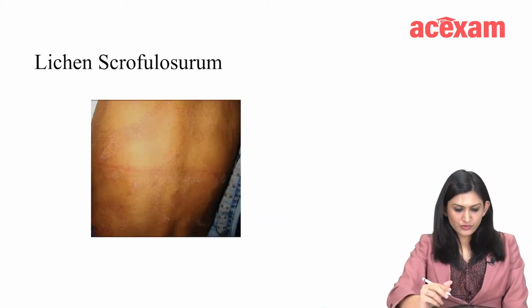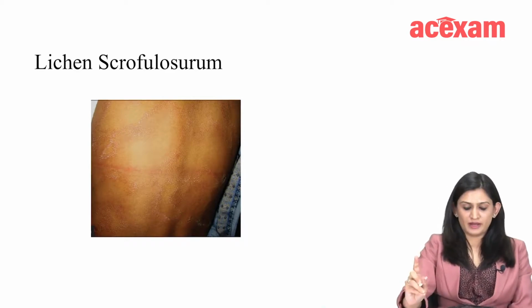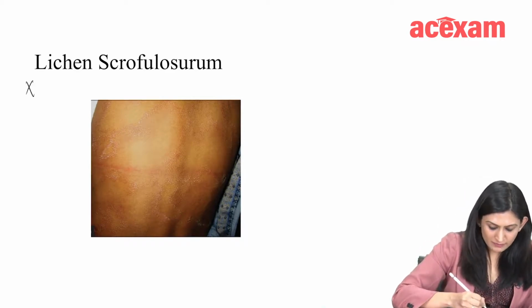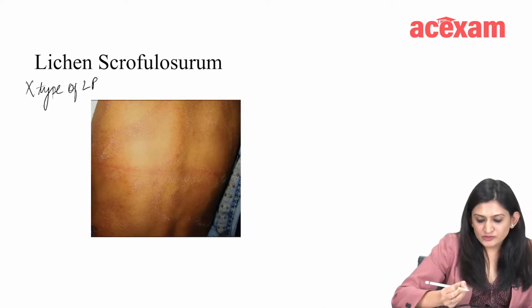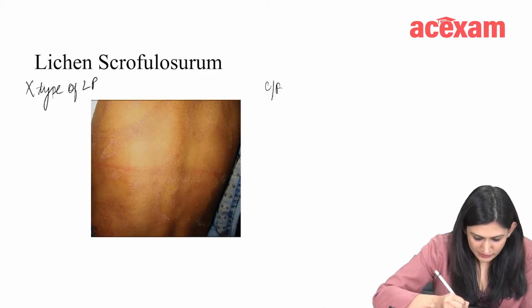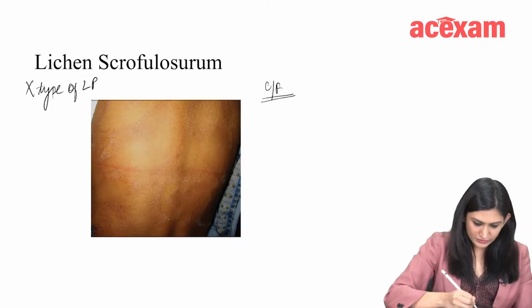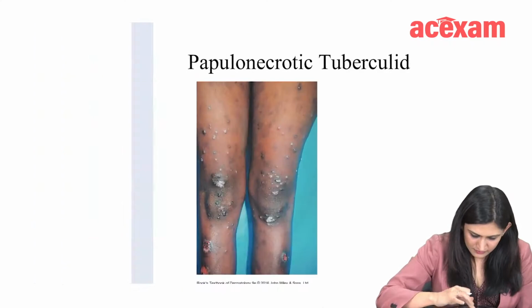So lichen scrofulosorum. First of all, the most important thing is it is not a type of lichen planus. But then why is it known as lichen scrofulosorum? That's because of the clinical features of this condition. They are small lichenoid